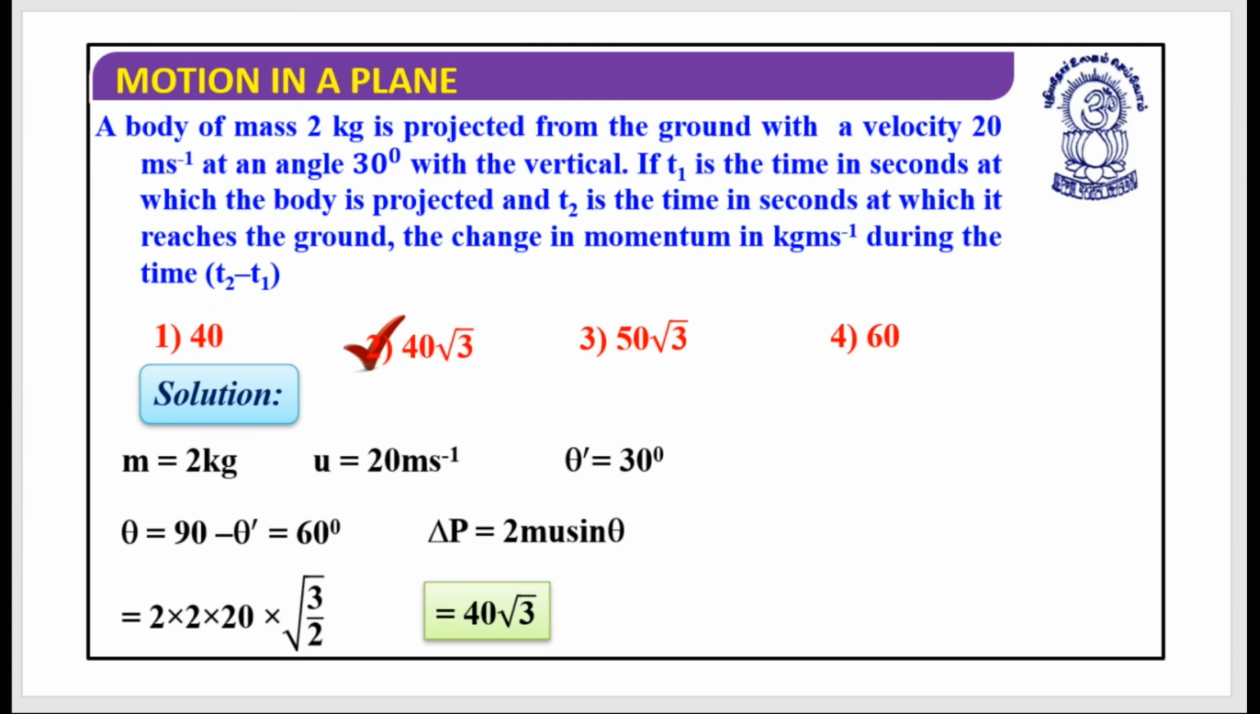Let's have a look. What does it say? It says a body of mass 2 kg is projected from the ground with a velocity of 20 meter per second at an angle of 30 degree with the vertical. Please take a look, it's an angle of 30 degree with the vertical. If t1 is the time in seconds at which the body is projected, and t2 is the time in seconds at which it reaches the ground,